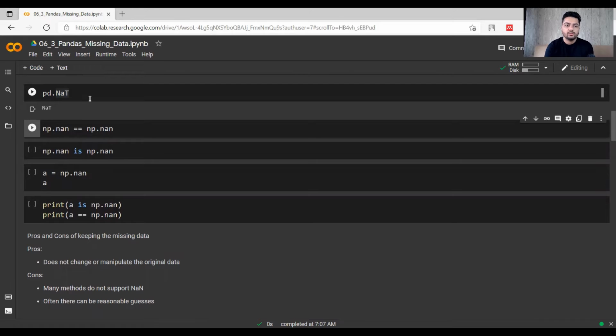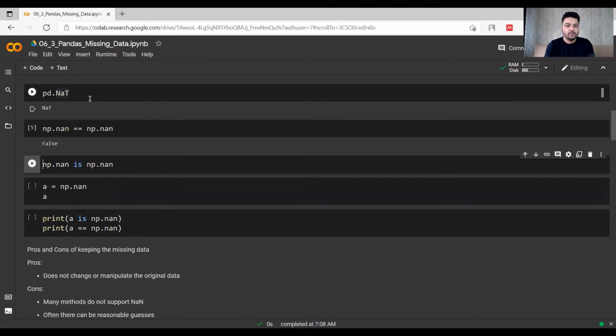All of those who think this will be true, you might want to reconsider it, because when we say that it is not a number, we are not sure about the data type. We are not even sure if those two things will be matching with each other. I mean, it can be of a different data type altogether, right? So this will be false, because two not a numbers cannot be equal. We cannot say for sure if they are equal or not.